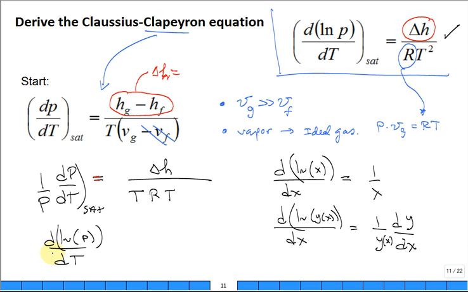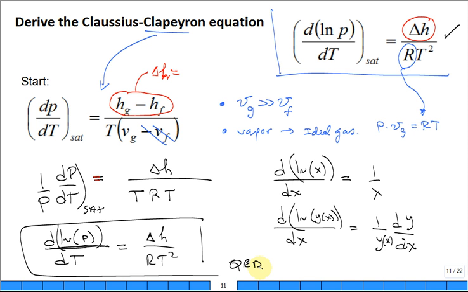Oh, I know. That was obvious to you before I started. No, it wasn't. It's like, deep in our recesses, there's some mathematical manipulation or trick or some relationship that you needed to pull out. But there is our RT squared. There it is, QED. That is our Clausius-Clapeyron equation.